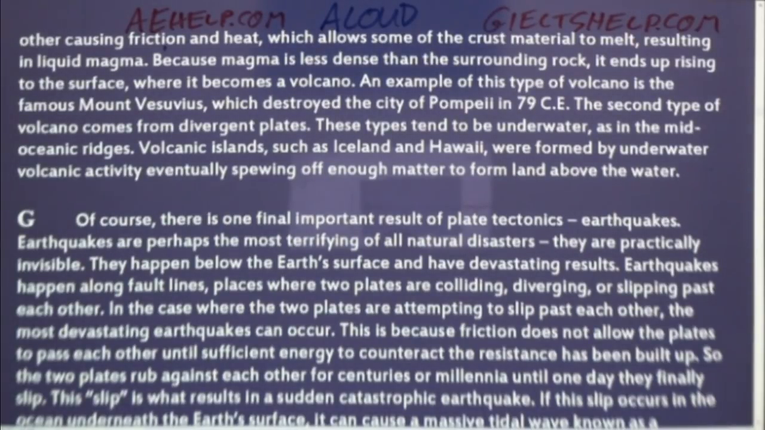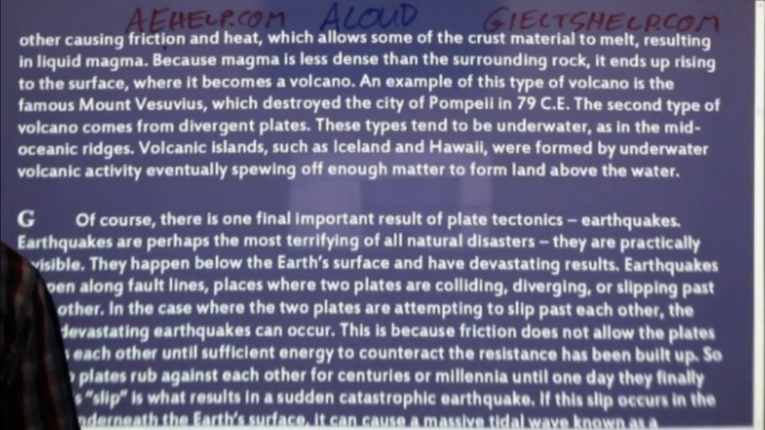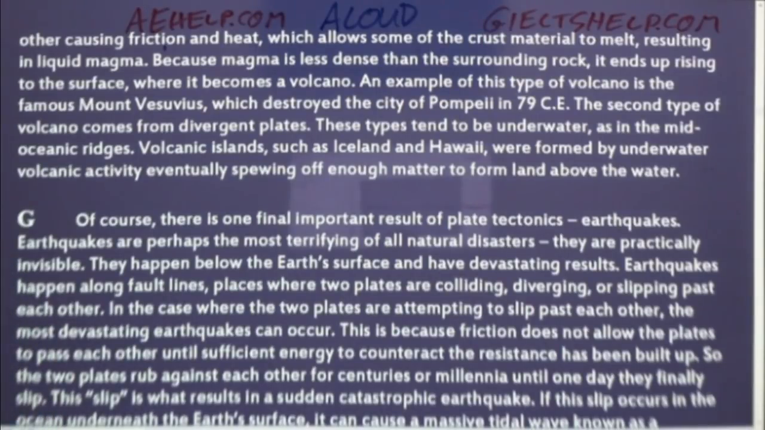An example of this type of volcano is the famous Mount Vesuvius, which destroyed the city of Pompeii in 79 CE. The second type of volcano comes from divergent plates. These types tend to be underwater, as in the mid-oceanic ridges. Volcanic islands such as Iceland and Hawaii were formed by underwater volcanic activity, eventually spewing off enough matter to form